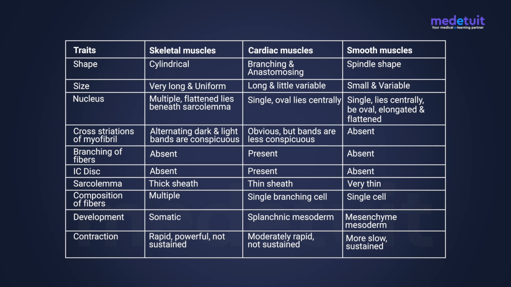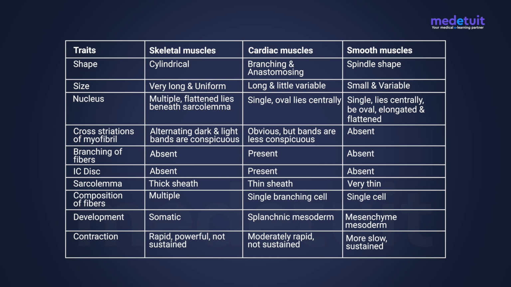As you can see from the chart, the skeletal muscles are cylindrical in shape, whereas cardiac muscles are branching and anastomosing and smooth muscles are spindle shaped. Skeletal muscles are very long and uniform in size and cardiac muscles are long but a little variable in size, whereas smooth muscles are small and variable in size. Multiple flattened nuclei lie beneath the sarcolemma in skeletal muscles, whereas in cardiac muscles there is a single nucleus, oval, lying centrally. In smooth muscles, we still have a single nucleus which lies centrally and is oval,